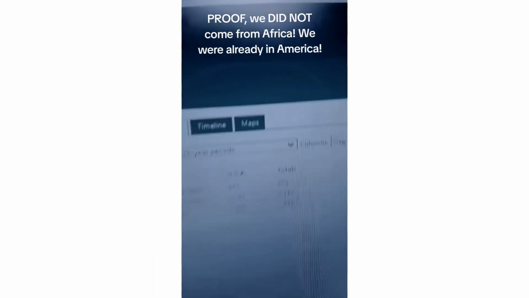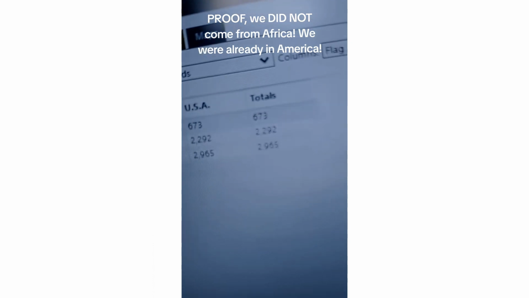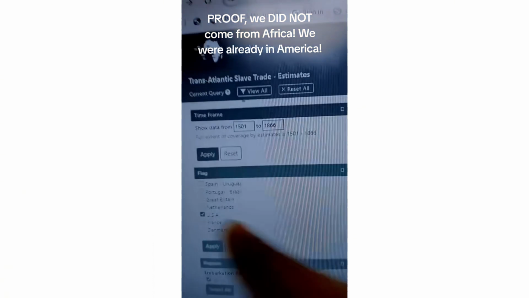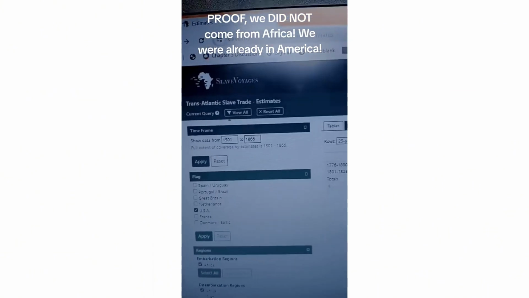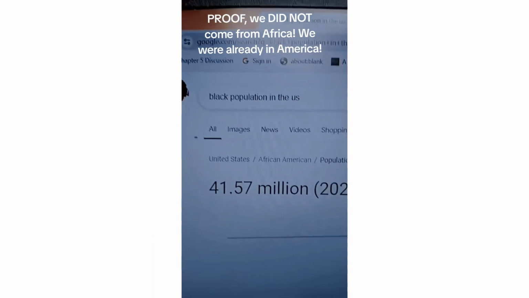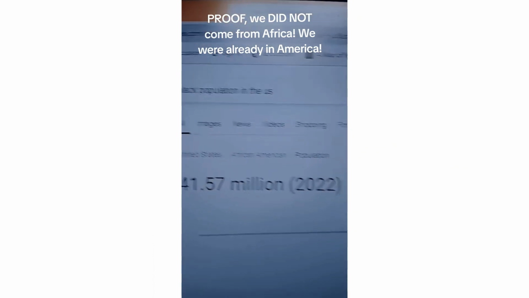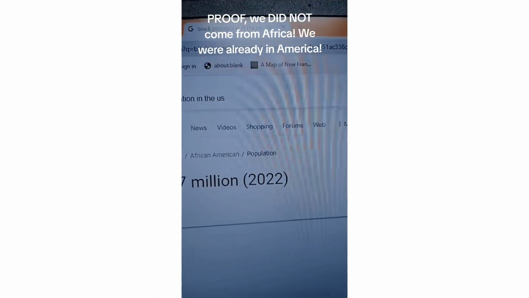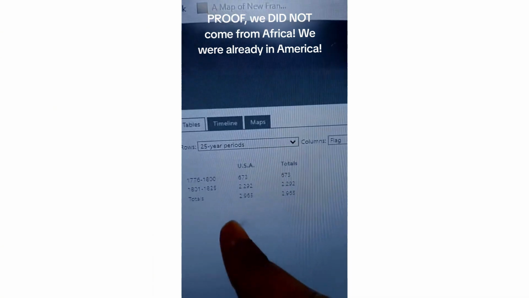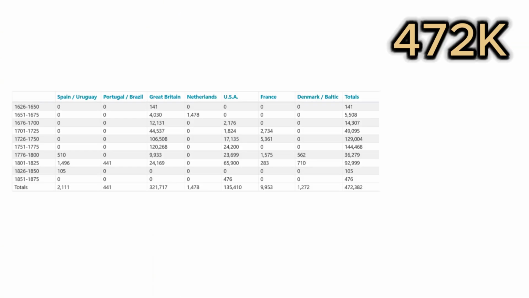Look at the total number of Africans that was actually sent over here. We're looking at a grand total of 2,965, and we're talking about North America. So what is the black population in America today? The black population in the United States is 41.57 million as of 2022. You mean to tell me all of your black asses came from 2,965 Africans? 470,000, and no, I can't do that math, but I'm sure there are biological or economic models for estimating population growth,